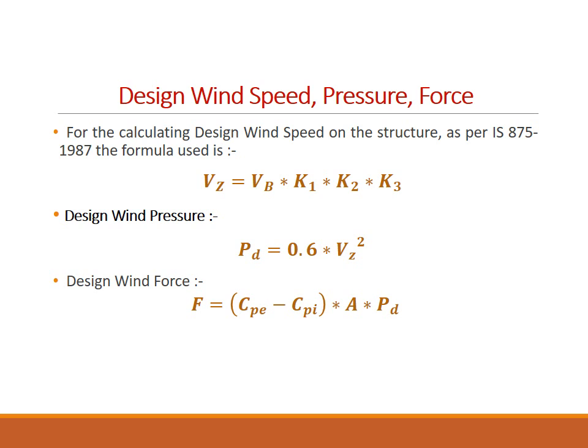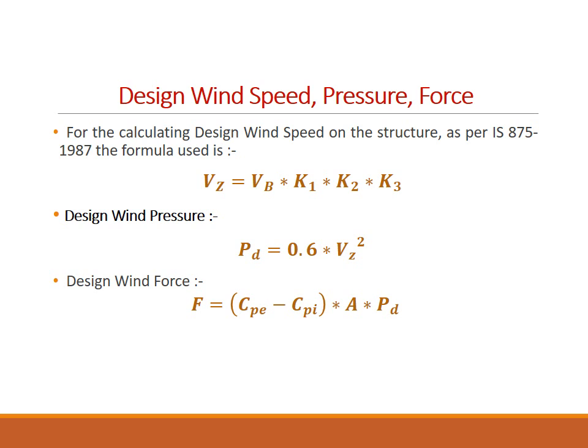The second one is the height of a structure and size of a structure. Size of structure means its least lateral dimension to the height of the structure. Depending on that, the value of K2 will also change. It is called the class of a building. And the third one is the height of a building. Depending upon that, the value of K2 will change.